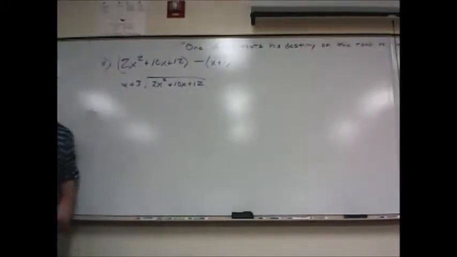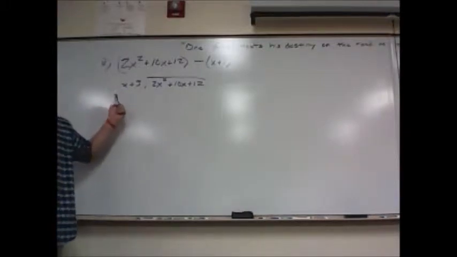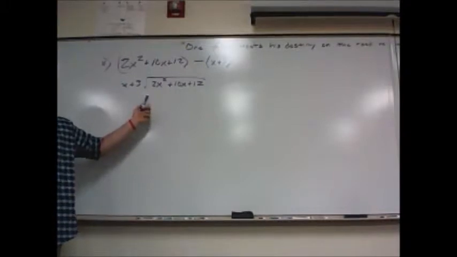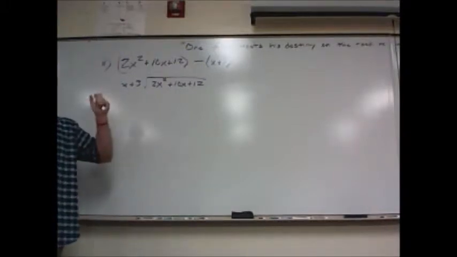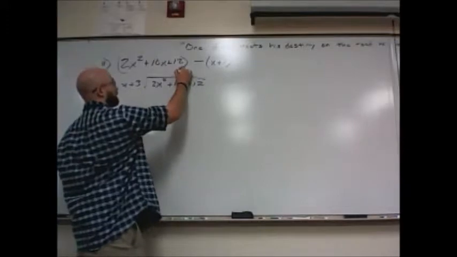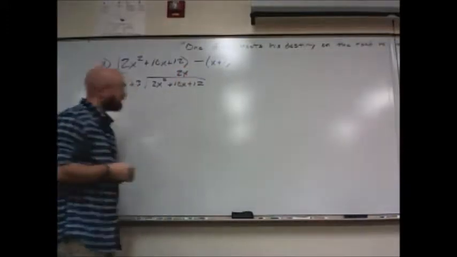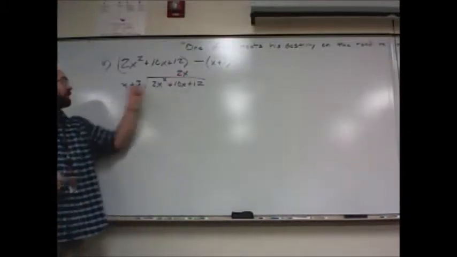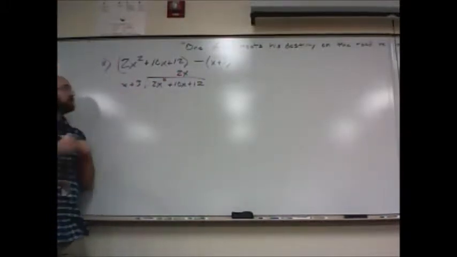So that's what we have. The idea is, I need to multiply this x to equal 2x squared. So what do I have to multiply x by to get 2x squared? 2x. So it means I'm going to multiply this 2x times x and 2x times 3. So I should get